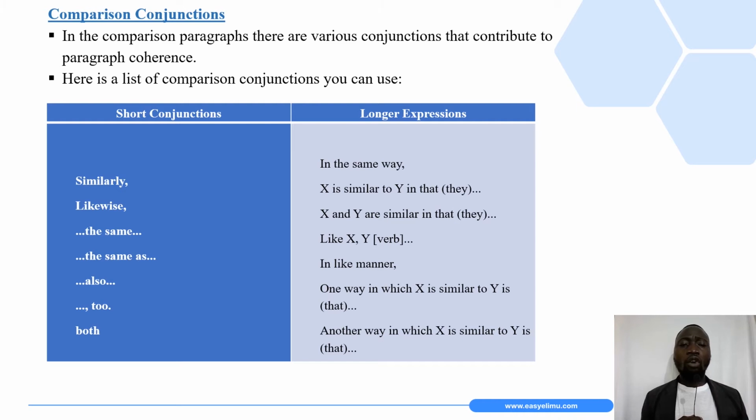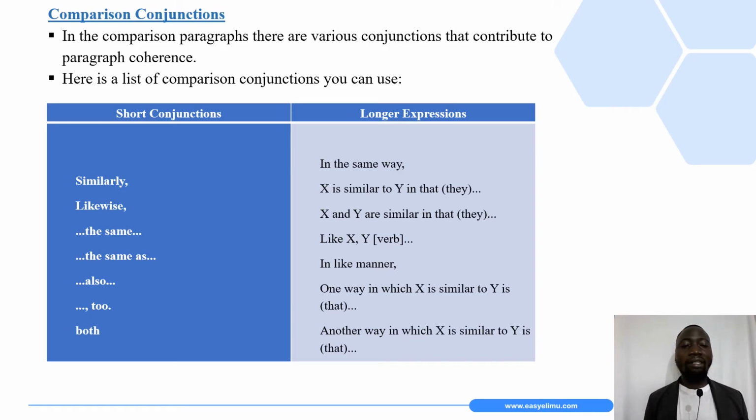So when doing comparison, there are some comparison conjunctions that we can use in our paragraph. In comparison paragraphs, there are various conjunctions that contribute to paragraph coherence. So here is a list of comparison conjunctions that you can use. Some of the conjunctions that you can use to compare